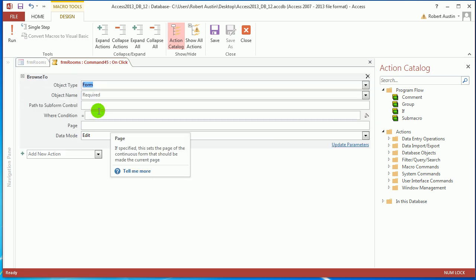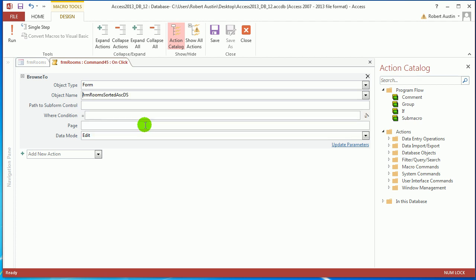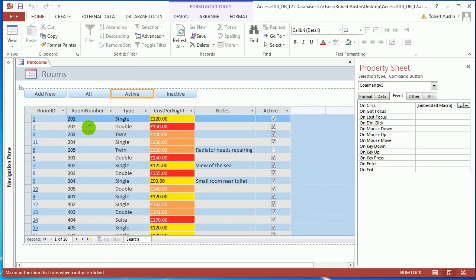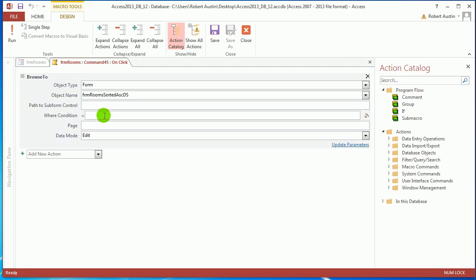Okay, so what we're browsing to is a form, and the name of the form we want to browse to, because it's the data sheet, is form rooms sorted ascending DS, which, if you're really smart, you'll know actually is already there. So why would we want to browse to a form that we already have? Well, it's because now what we can do is introduce the where condition that specifies that